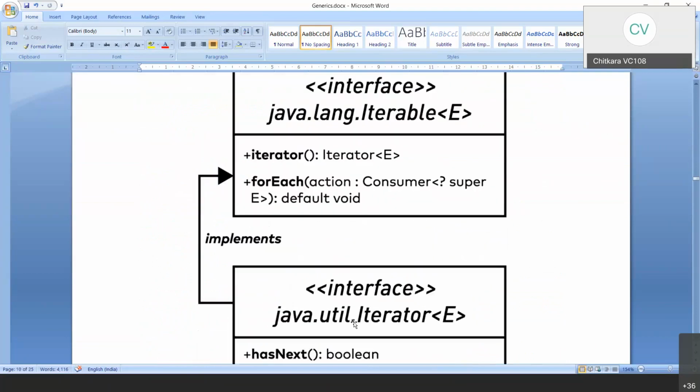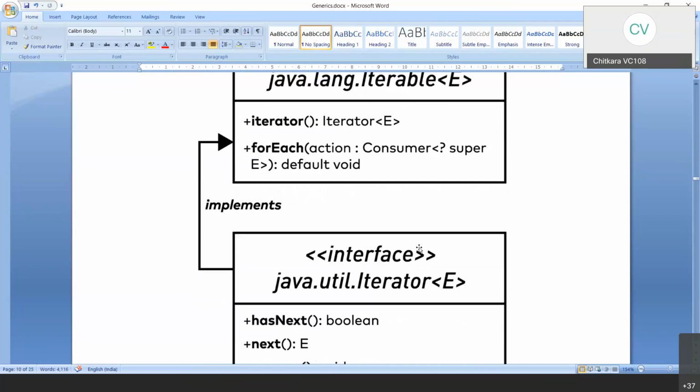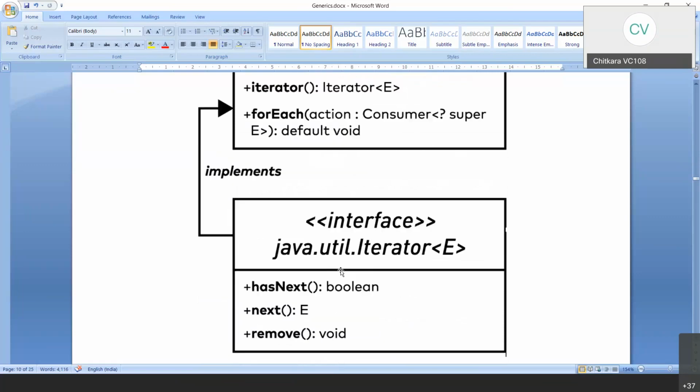One thing you should also know when you go to the documentation is java.util.Iterator. This is again an interface, and it is implementing the interface called Iterable. So is it possible to have one interface implementing another interface and use it in the class?